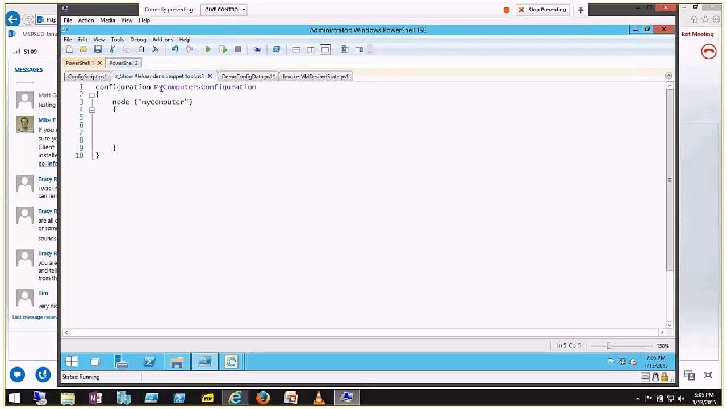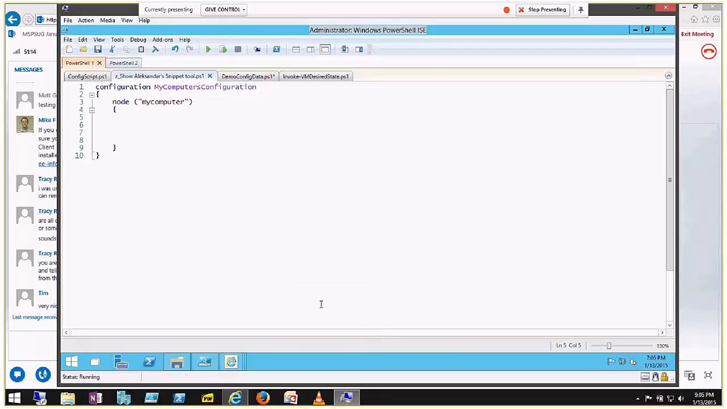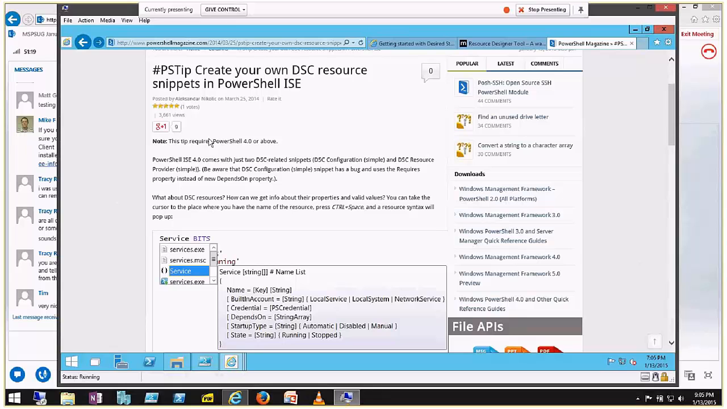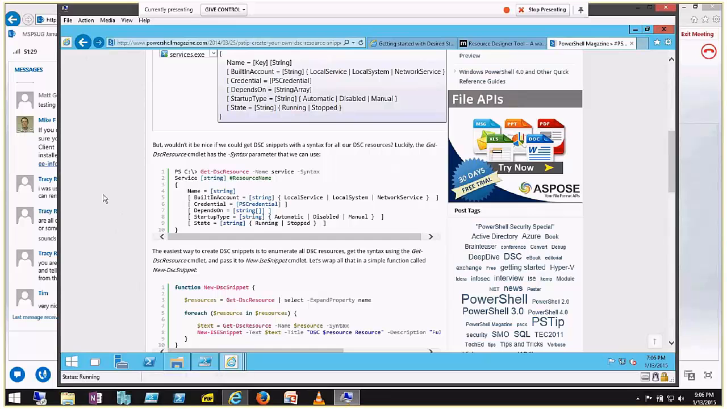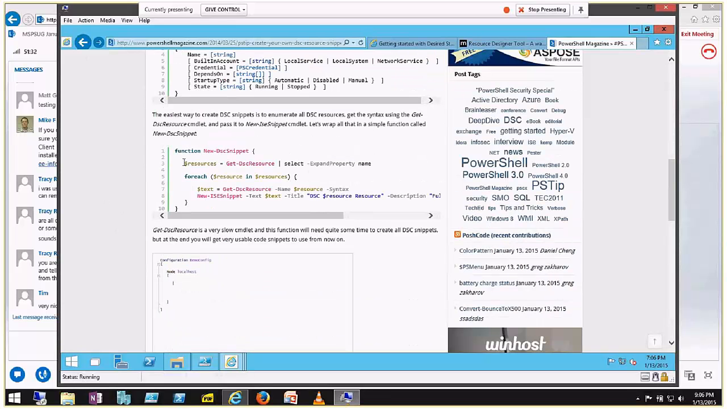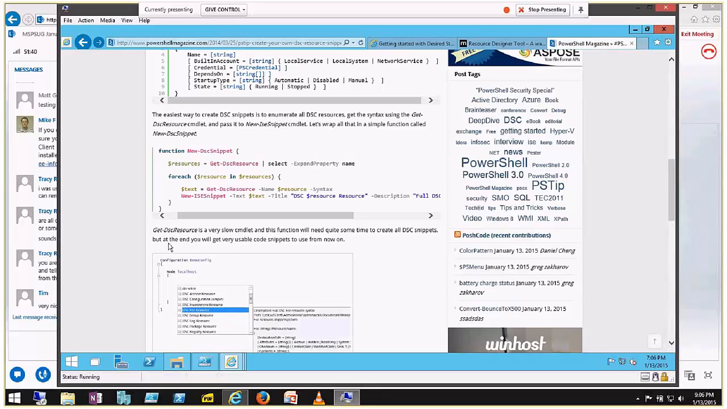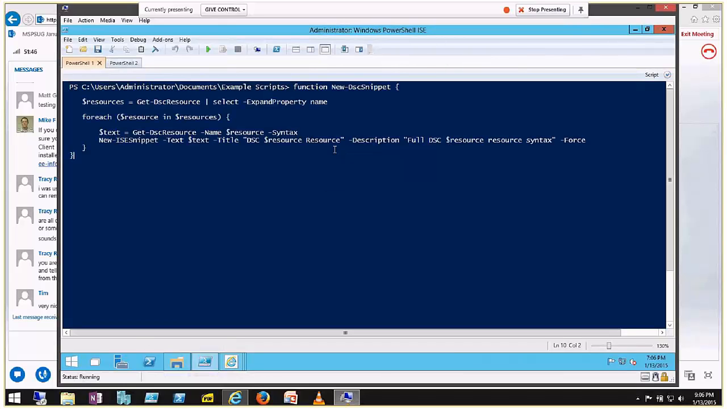So first is Alexander Nikolic from PowerShell Magazine, a PowerShell MVP, who has an awesome article that I think should be viewed more. He has a tip here on how to use the Snippets feature in PowerShell ISE to give you the syntax for your DSC resources. I'll have a link to this at the end of the talk too. But what you do is you've got this little bit of code here that will create snippets for you. We'll just go and paste that